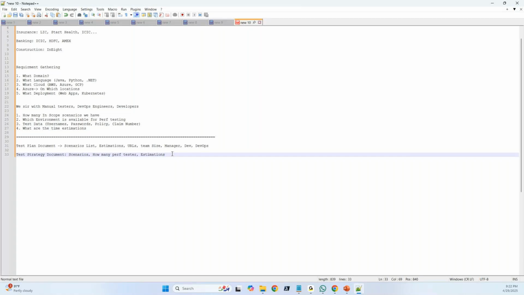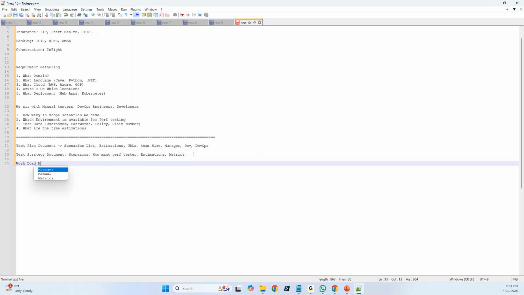Okay. After that, reports. What kind of reports is the client expecting from us? First of all, what does he want? Average response time of the transaction or request, or server utilizations. We call it a metric simply. As we discussed earlier, right? Client side and server side metrics. First, we need to write all these things in the test strategy document. Okay, what things the client is expecting from us. So all this contains the test data. After that, the final document is